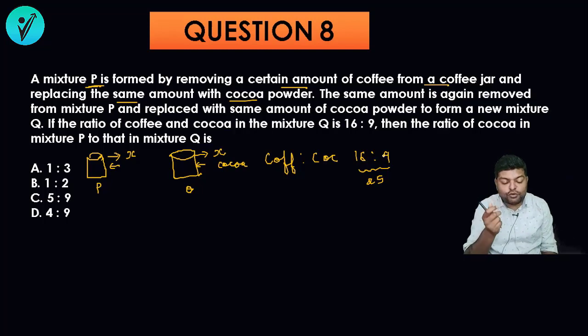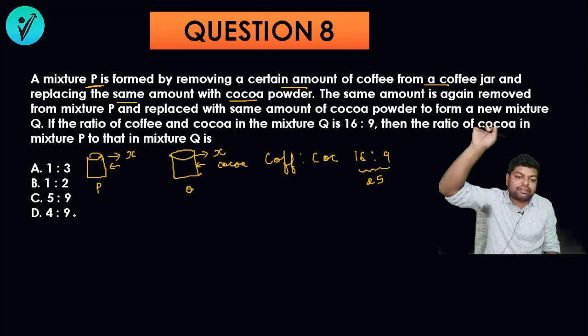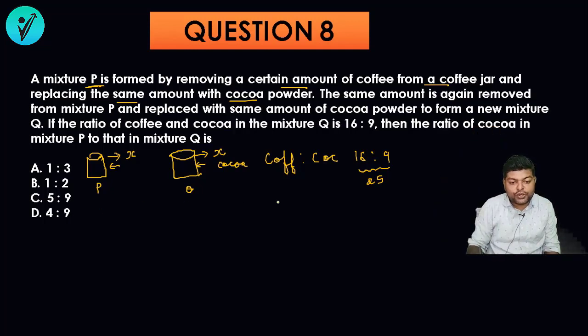Now in removal and replacement, we have a very simple formula. Always we find out what is left. Whenever we do a removal replacement question, we only have to use this formula. The formula is the quantity that is getting reduced. So what is getting reduced? Look, initially you had 25 parts of coffee and now you have only 16 parts of coffee. It means that the coffee is getting reduced. So we'll say that remaining coffee